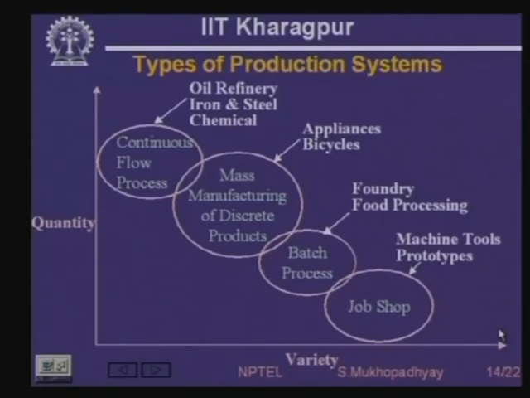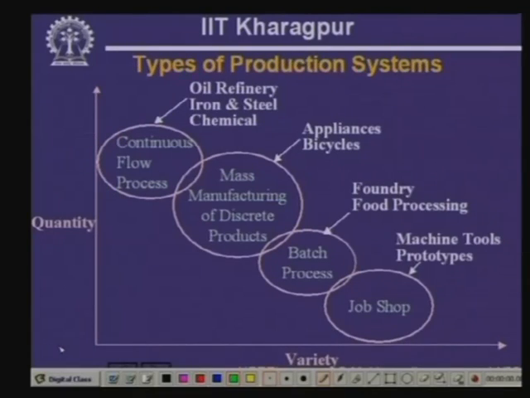These are continuous flow processes where the product variety is probably lowest, 3, 4, 5, but huge quantities of each product get produced. So, some basic industries like oil refinery, iron and steel, some chemicals, cement,